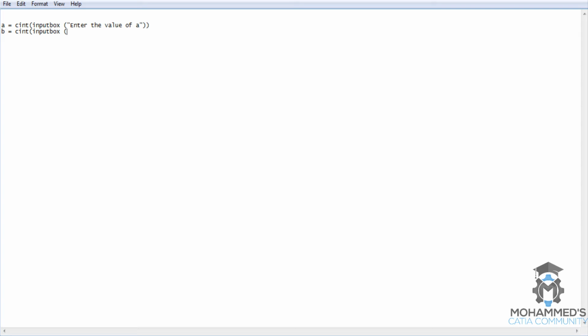You could also copy the same thing and just change the input over here. I don't mind typing. Now, if A is greater than B, then